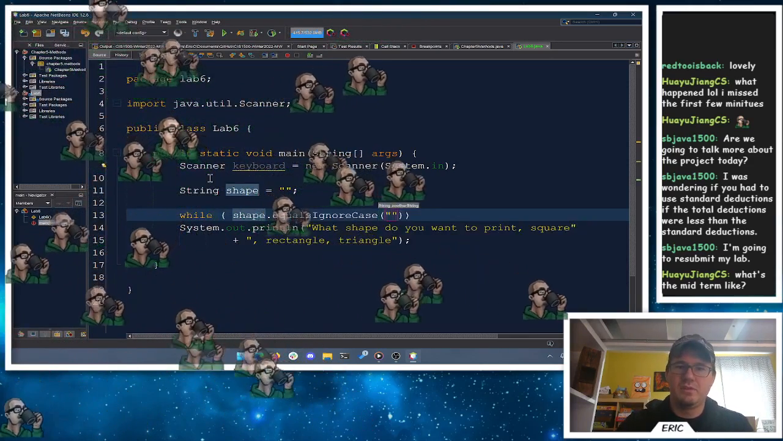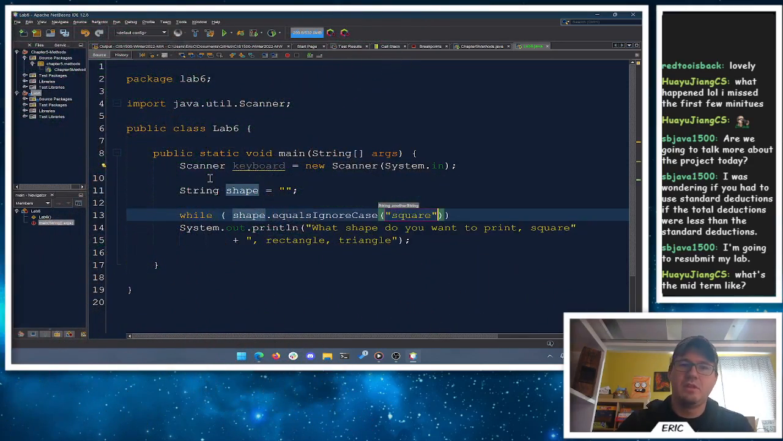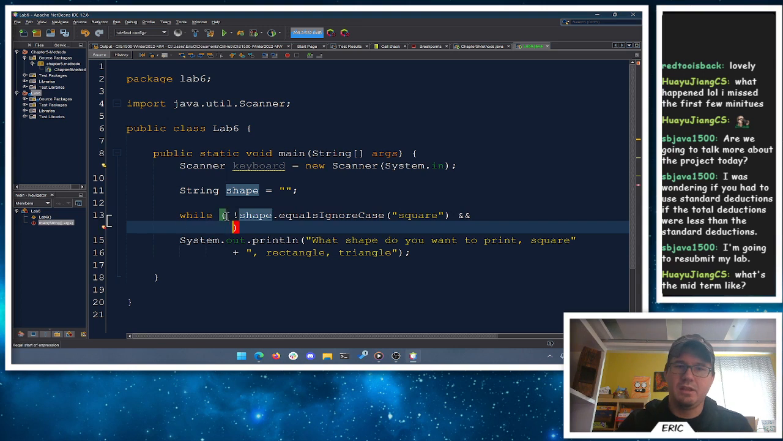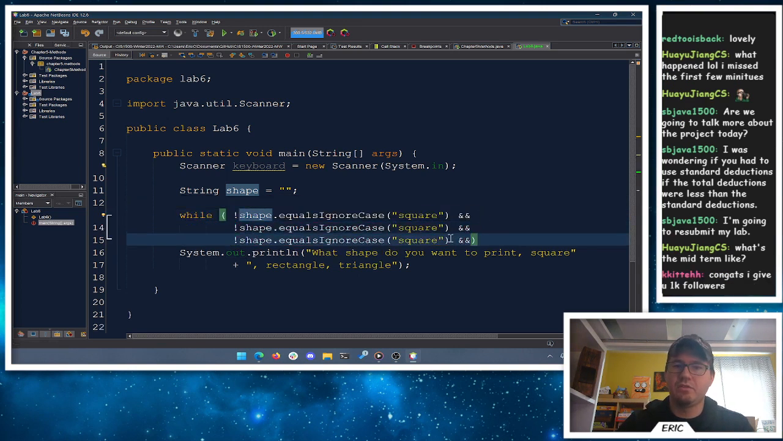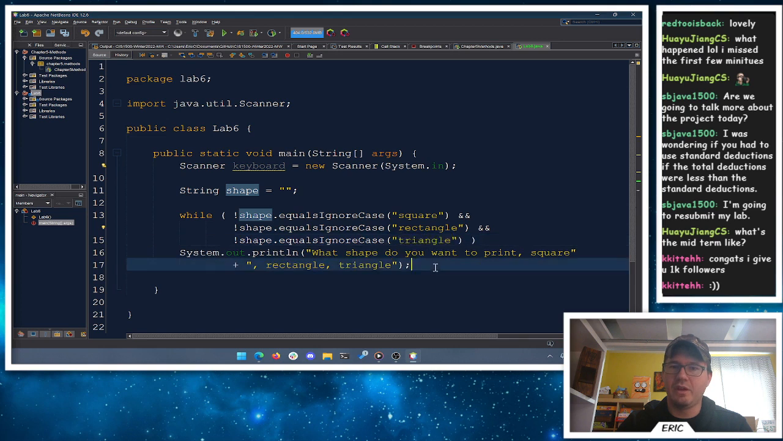While it equals square. So we're going to say, well, it does not equal square, right? With this not operator, well, it's not square and it's not rectangle and it's not triangle. So if it's not square, it's not rectangle, and it's not triangle, if all three of those are true,